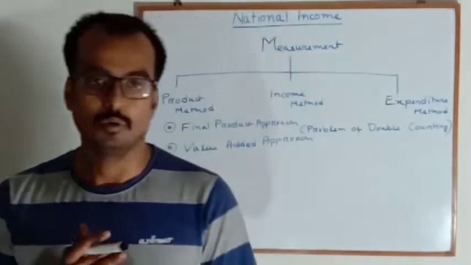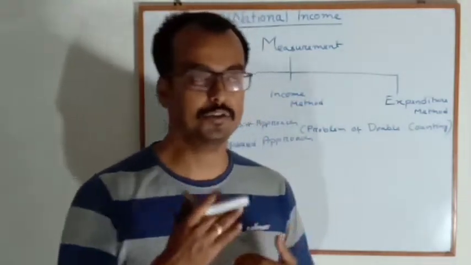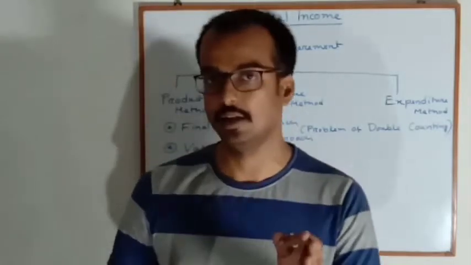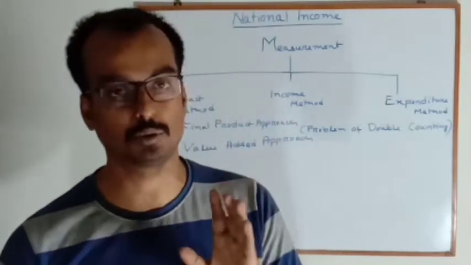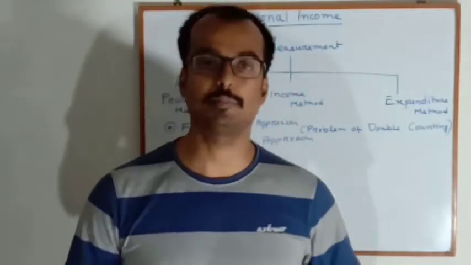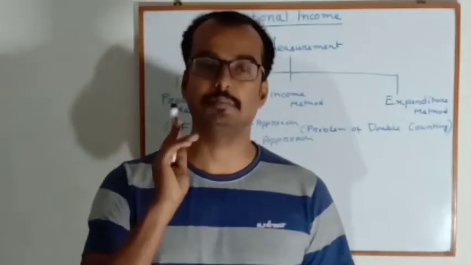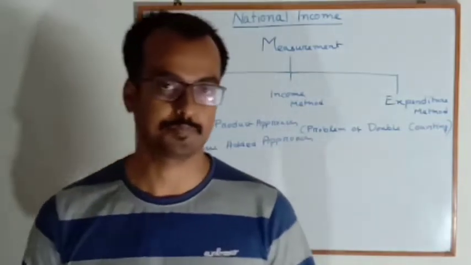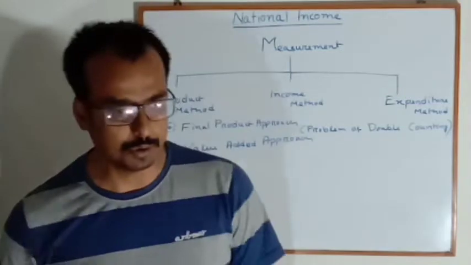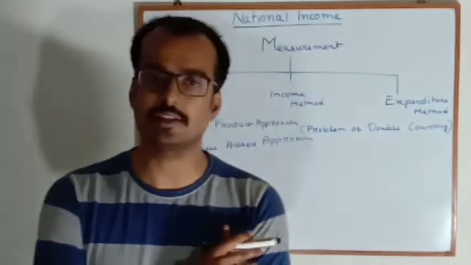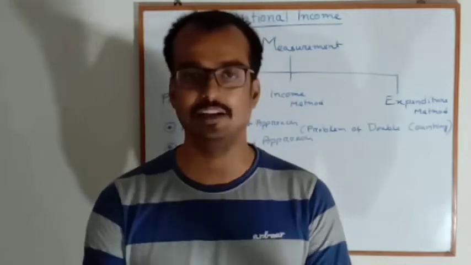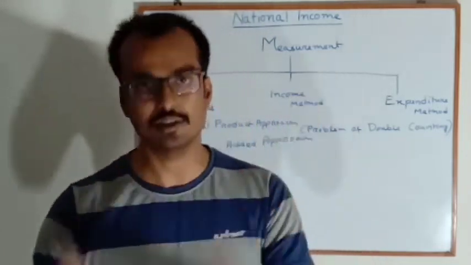So we will be extending it to part 3. If any one of you have missed the last videos, just go through them. We are doing national income in the macroeconomics part, and we did part 1 and part 2. In part 1 we discussed the concepts, and in part 2 we went into the details of the conceptual framework, what is NDP, GDP, all these things, how national income can be derived.